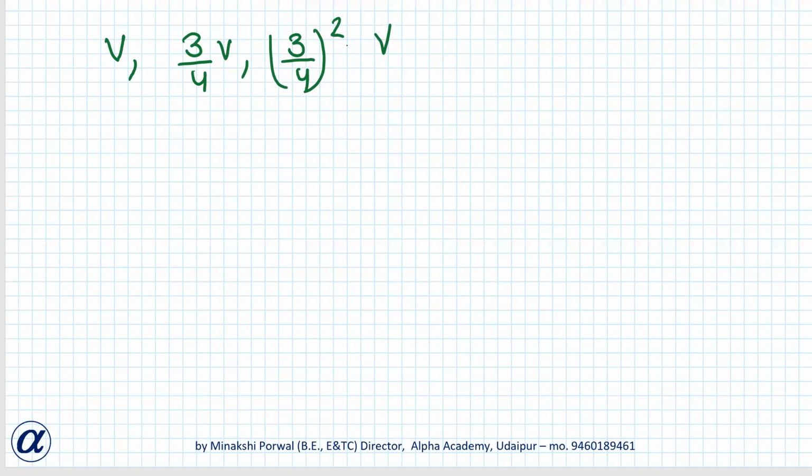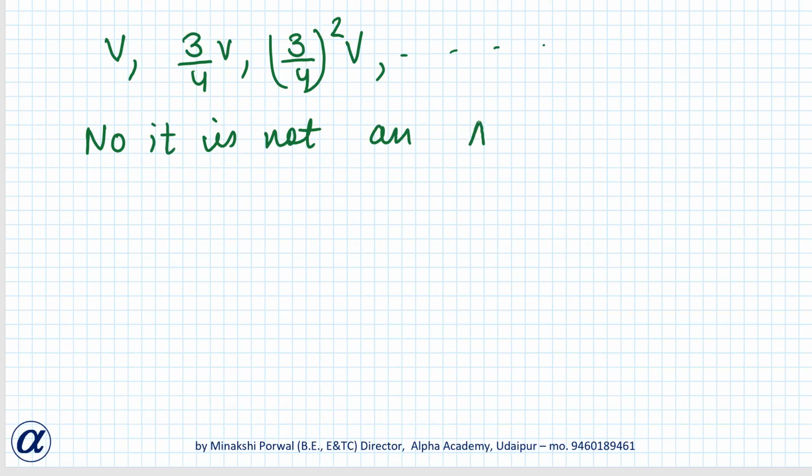Okay, so actually here समथिंग इज नॉट एडिंग बट मल्टीप्लाइंग. 3/4 मल्टीप्लाई हो रहा है, वो ऐड नहीं हो रहा है, इसलिए ये एपी नहीं होगा. ओके, दिस विल नॉट बी एपी. इवन यू कैन चेक, नो इट इज नॉट एन एपी. ओके, एंड यू कैन चेक एक्चुअली यहाँ पे